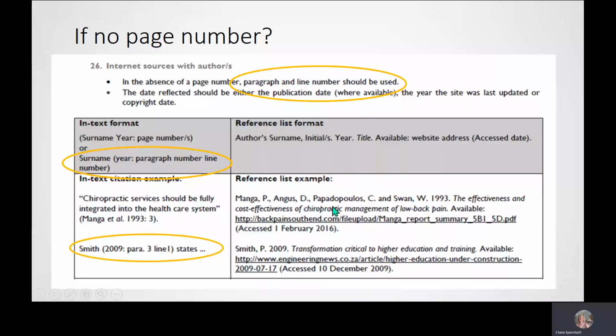Sometimes your supervisor or your lecturer may allow you not to put a page number in and just leave it blank, but you need to clear that with them before you do that. Some supervisors want a paragraph and line number and a page number, and others not so much, and you need to clear that with your lecturer and supervisor.